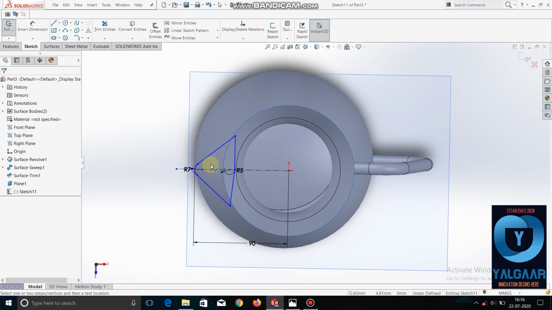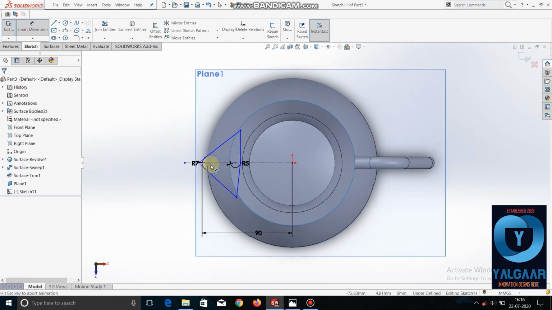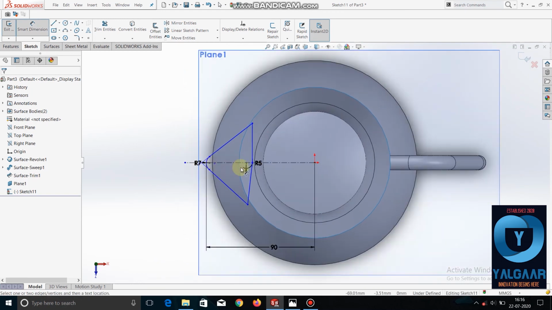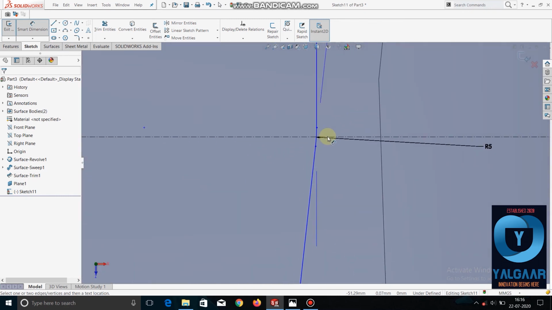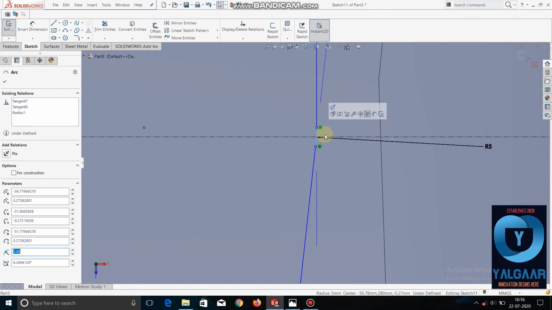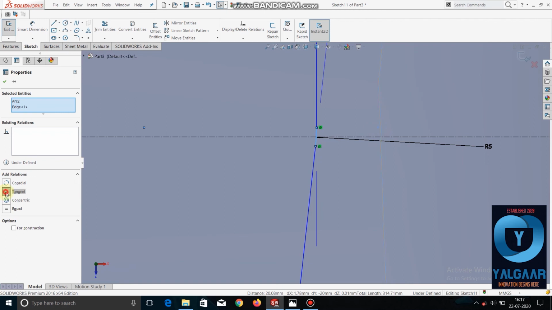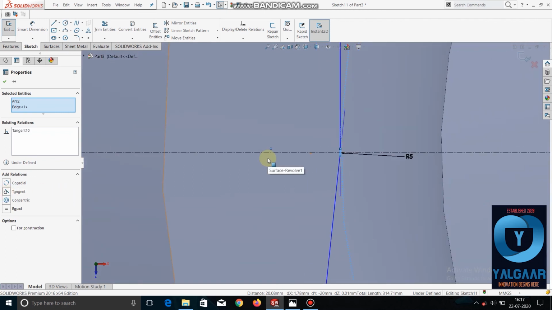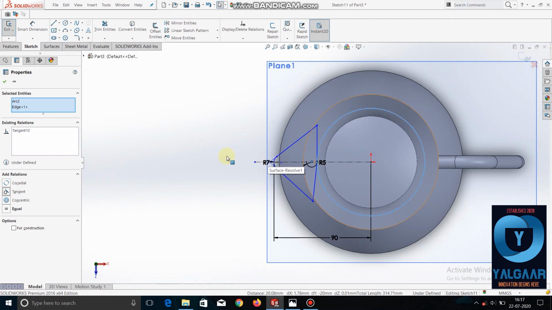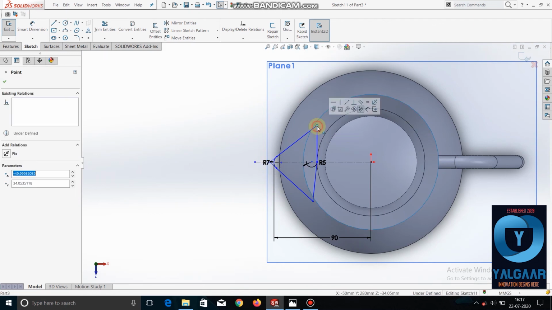Make this edge and this edge tangent, and make this edge and this edge coincident.